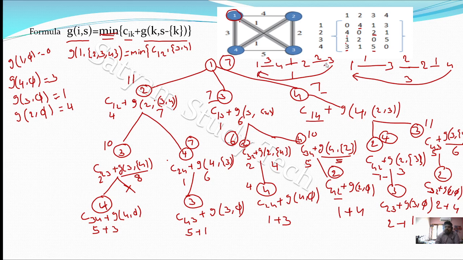This is another tour. So this is one tour, two tours. Here these two are equal. So the minimum path is 7. So either it is 1 4 2 3 and 1, or 1 3 2 4 to 1. So these are the two tours. So these are the minimum. So the minimum tour is